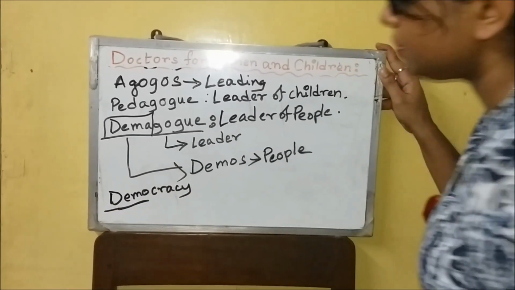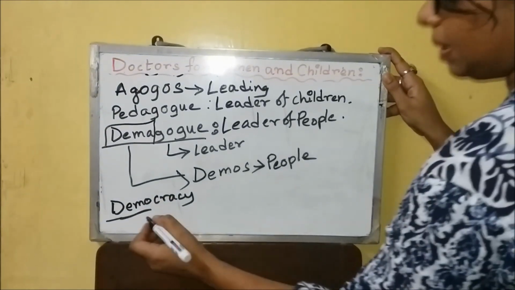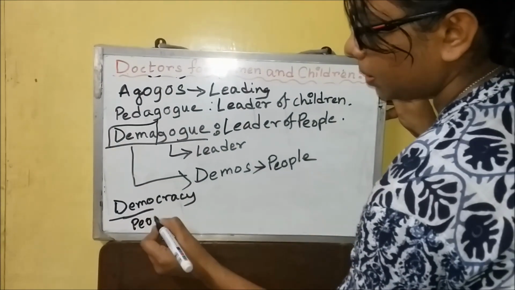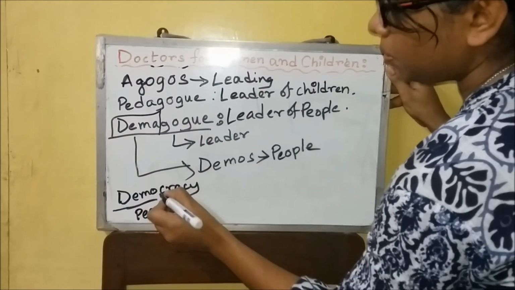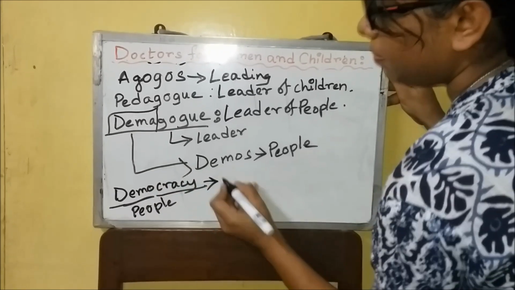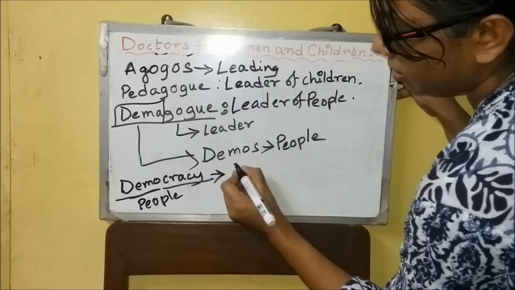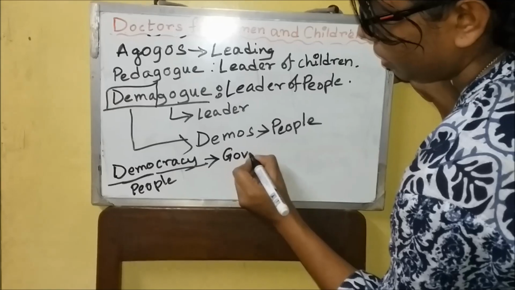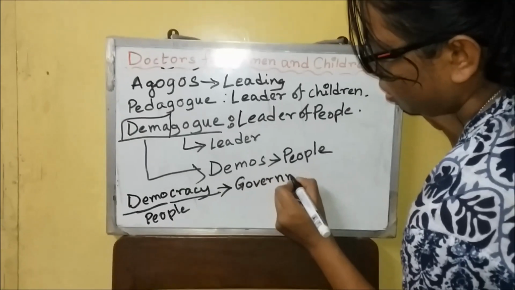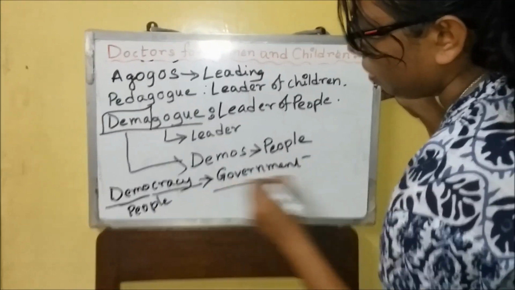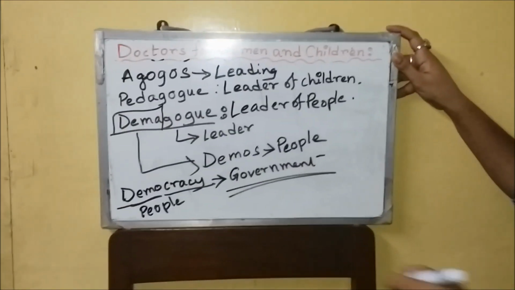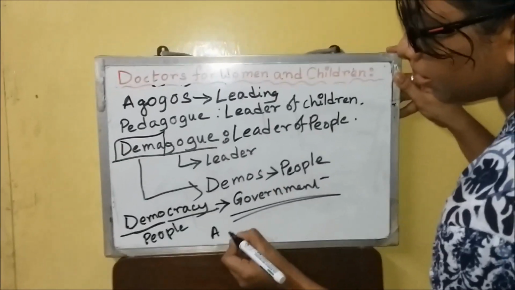The word demo means people, and the word cracy means government. So a people's government